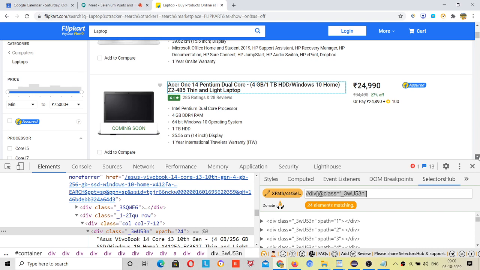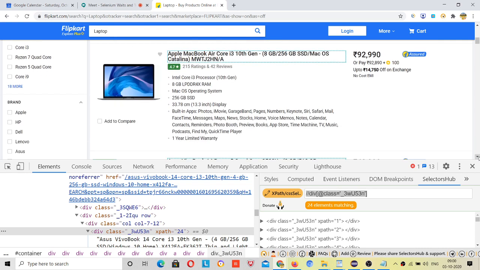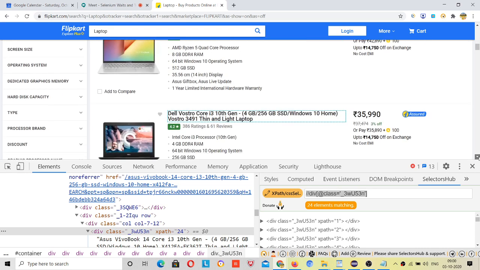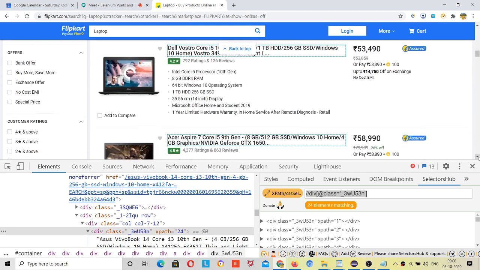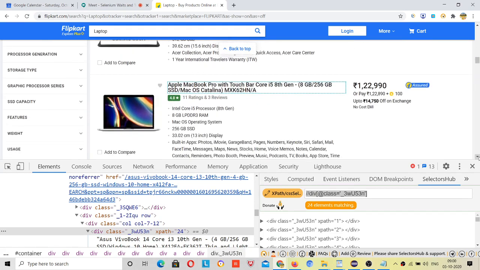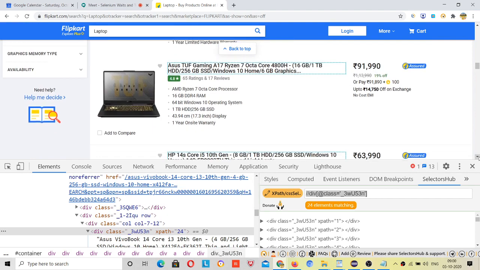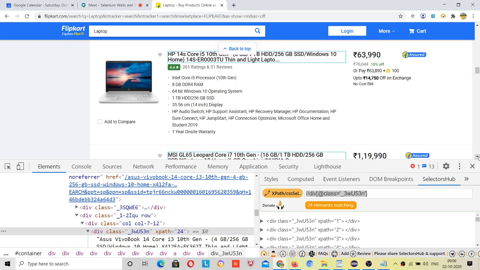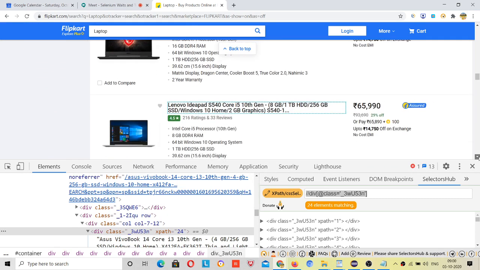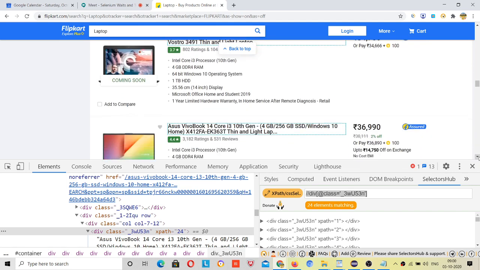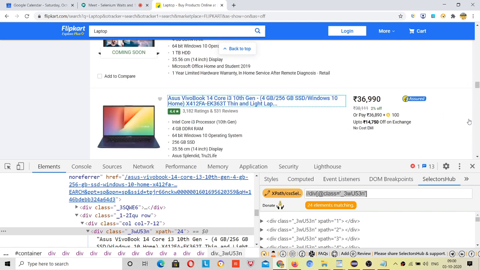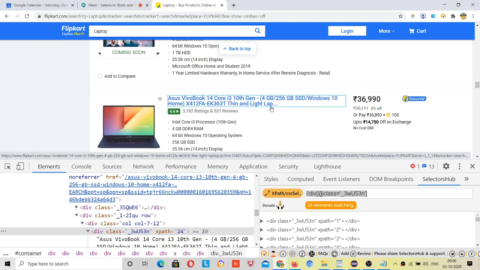If something else is getting highlighted, this means you will get wrong results for the laptop, because your test case is just to print all the laptops present on the first page, right? So if you get something else, that will be a wrong result. So you have to confirm the highlighted values are just these headings, nothing else, right?